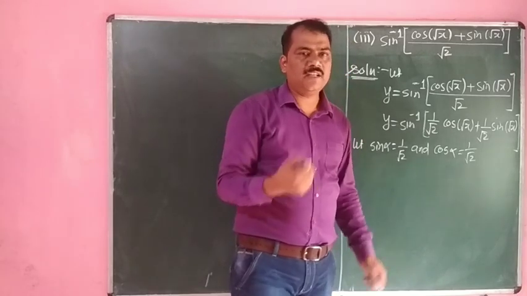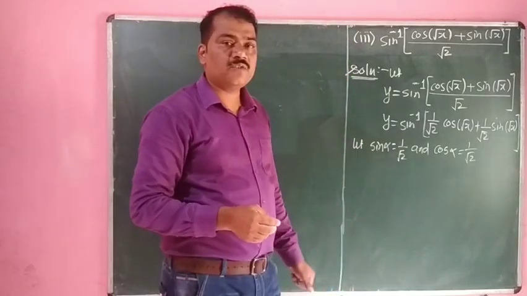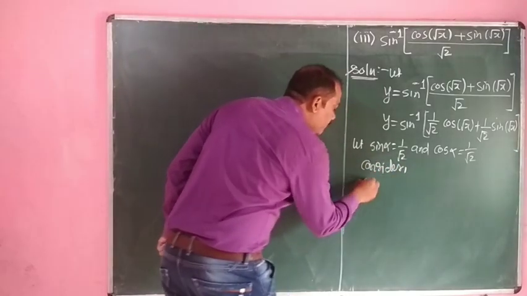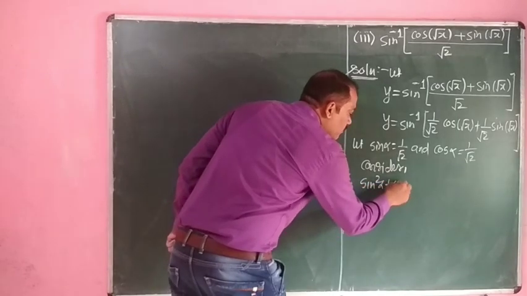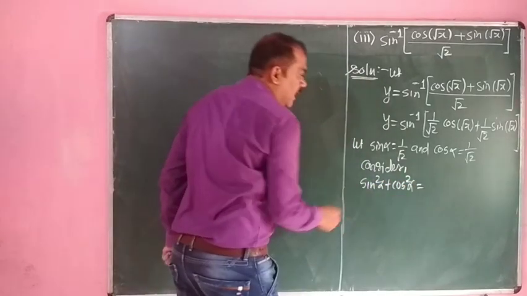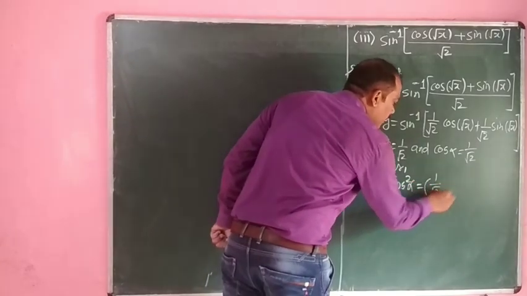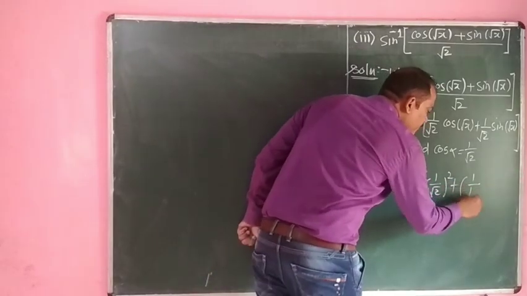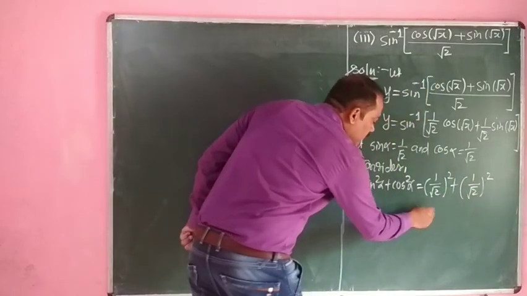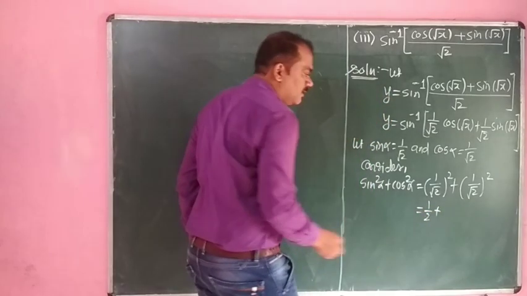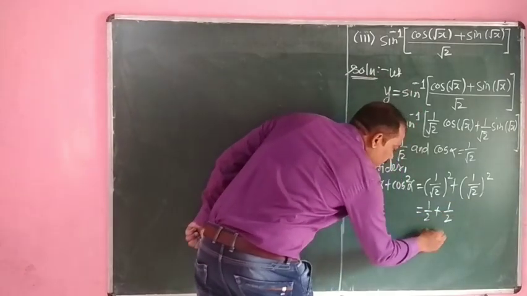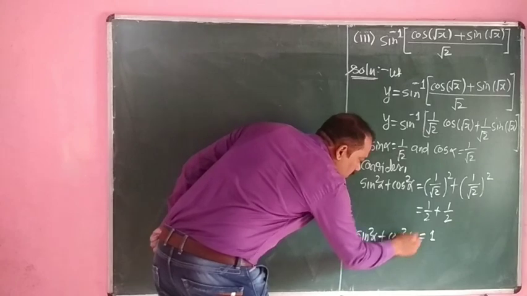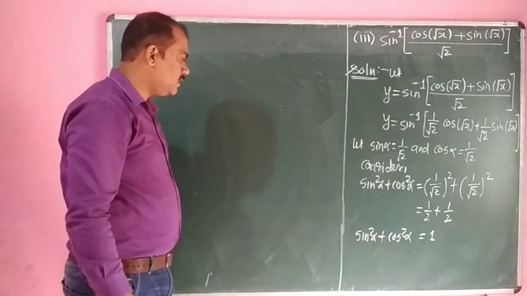We have to know that, but mathematically we have to prove that sin square alpha plus cos square alpha is equal to 1. So we consider sin square alpha plus cos square alpha. Sin alpha is nothing but 1 upon root 2, so that is squared, plus cos alpha is nothing but 1 upon root 2, its square, that is 1 by 2. Square and square root get cancelled. Here 1 by 2, half plus half is nothing but 1. That is, sin square alpha plus cos square alpha is equal to 1. We can easily verify that.